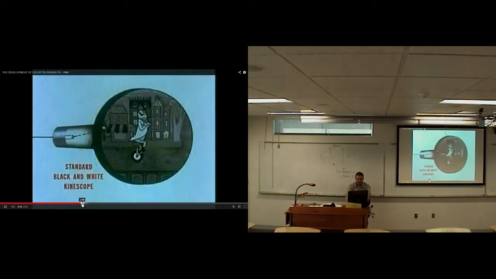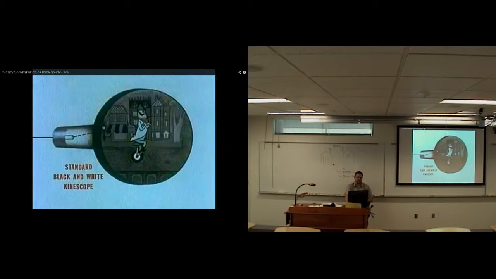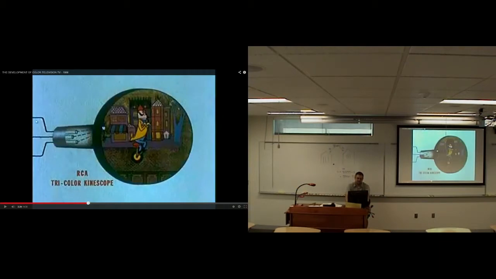Notice that this shows us a difference in engineering between the black and white tube. So the black and white tube had one wire coming in, and all those colors came in on the same wire. All those different signals that the camera produced just came in on one wire. Whereas on the color tube, notice that three different signals come in, and there are three different emitters down in here that emit electrons, actually, to the tube.